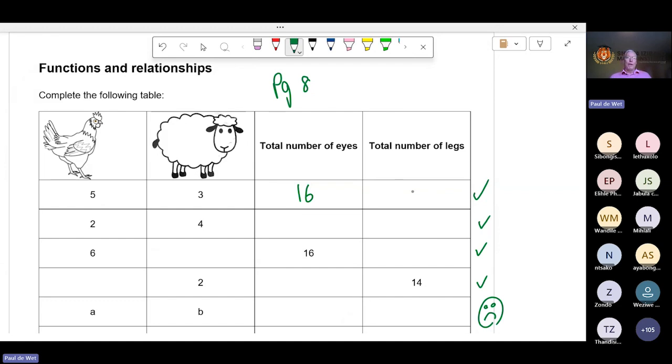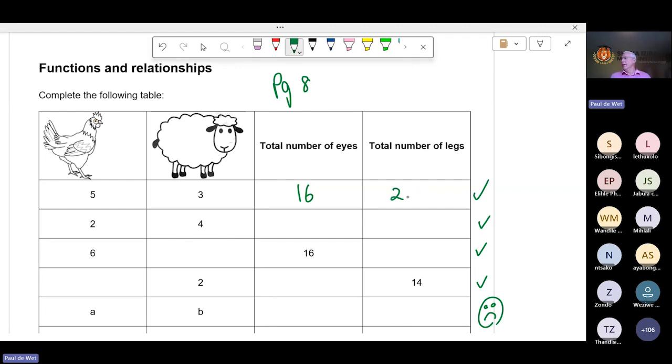Now I want you to think about the number of legs, but just be careful here because hens and sheep have different numbers of legs. No, it's not 5 times 2 is 10. It's 5 times 2 is 10. And what's 3 times 2? Because the sheep have also got eyes. All right, I'm looking for legs now. Okay, I'm looking for legs. And I'm seeing lots of right answers. There will be